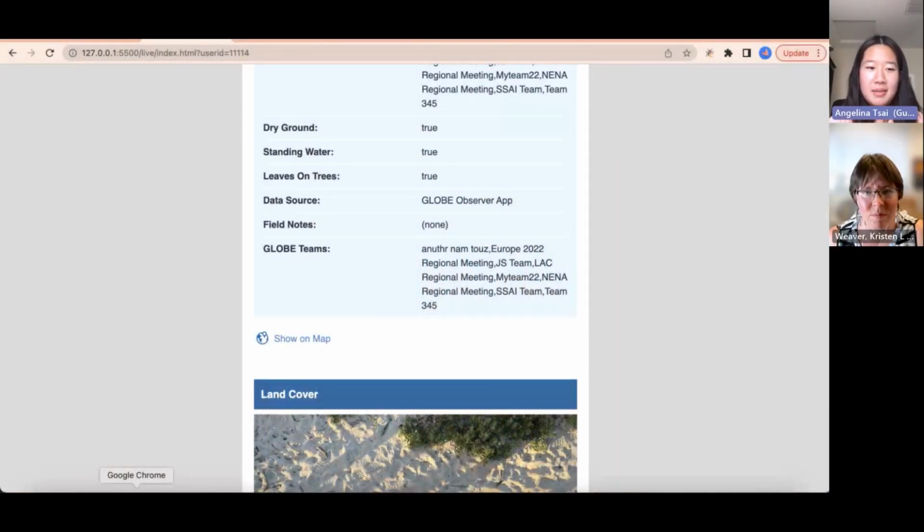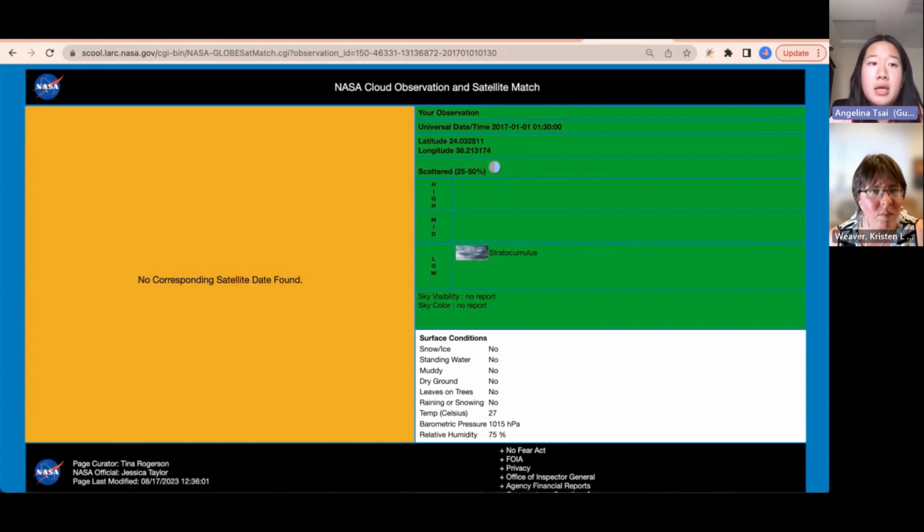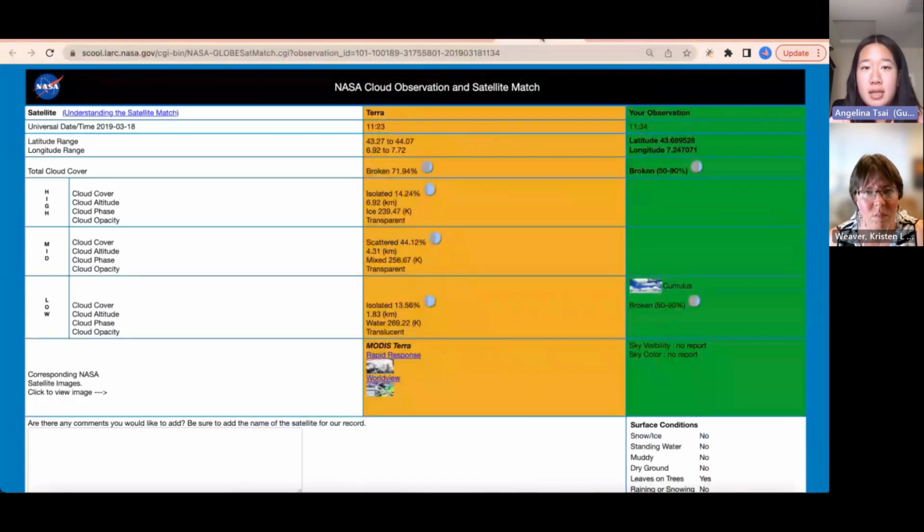So satellite matches have a sort of formulaic URL. As you can see, each match has something in common. They all start with this first bit of text, and then the only difference in every single URL is going to be the ID at the end.